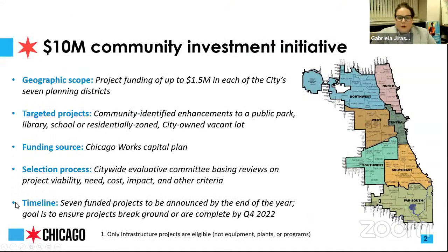So the Chicago Works Community Challenge is a $10 million community investment initiative. We're planning to fund up to $10 million for the entire city, and each region will be awarded up to $1.5 million for one of the projects in this challenge that have been